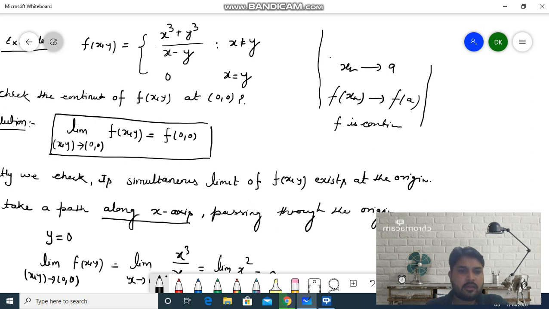Same concept is applied in case of functions of two or more variables. Here we see that this is our origin. When we move to